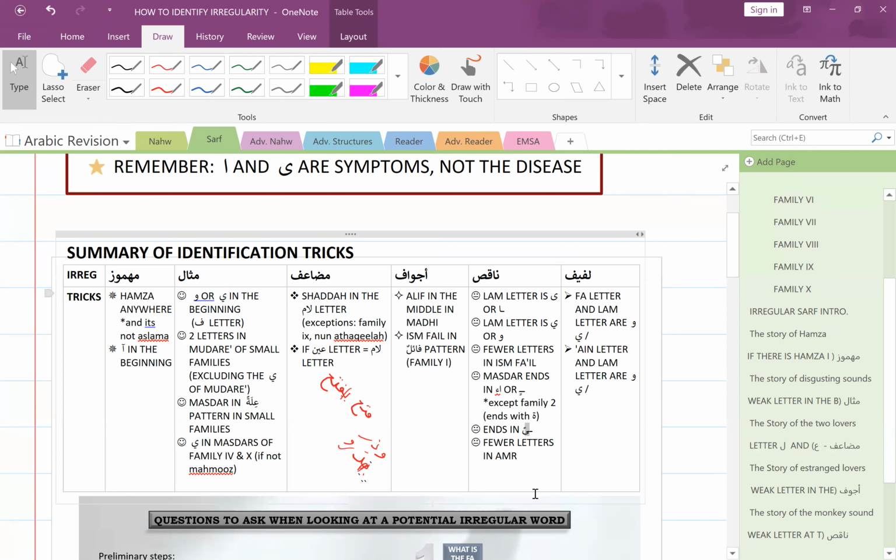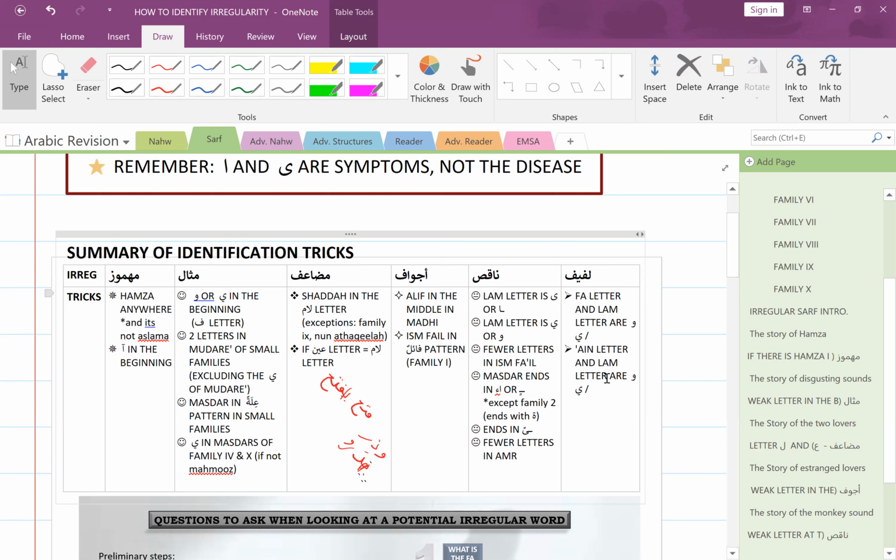Then you know this is definitely naqis. And it generally just has fewer letters. Like in the word itself, naqis means shortage, means something is missing, lacking something. So you'll find that the word you're dealing with is always lacking, missing a letter somewhere in its conjugation. So that's all about naqis.